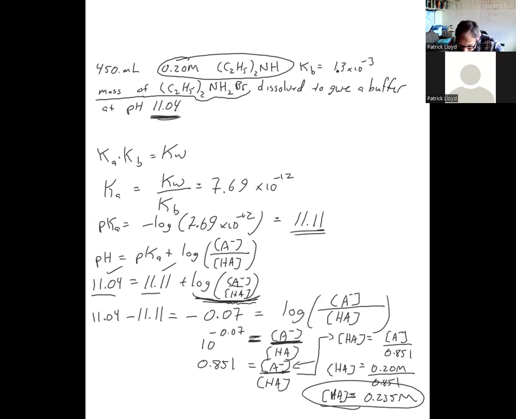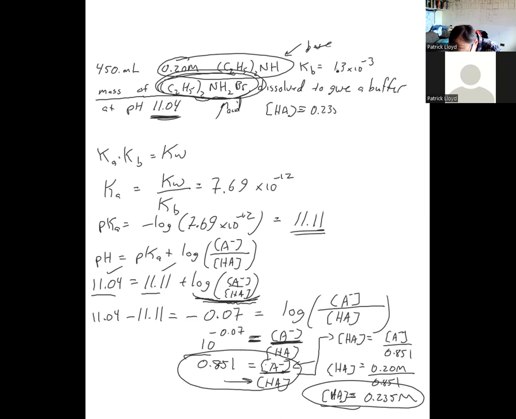Okay, so hopefully you see how I did that, right? 0.851 is equal to that ratio. So if we want the denominator, we have to take this one over that one. Okay. So now the concentration of HA. By the way, the concentration of HA is this one right here. That's the conjugate acid, right? That's the acid. This is the base. This is the acid. Is equal to